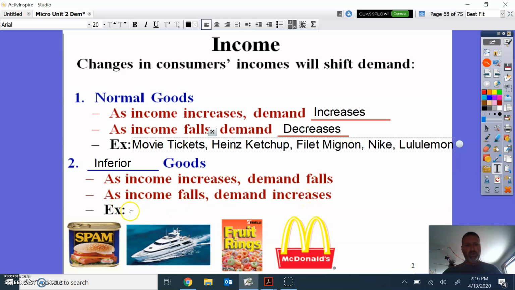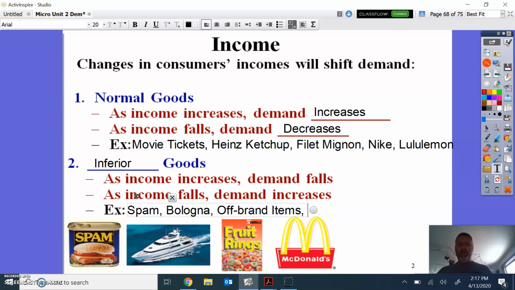So an example of this, okay? And this is the spam, okay? Those of you that have never had a spam sandwich, it's great, okay? Bologna. Off-brand items, okay? Meaning, like, instead of buying Fruit Loops, you buy Fruit Rings, which are sort of like the same